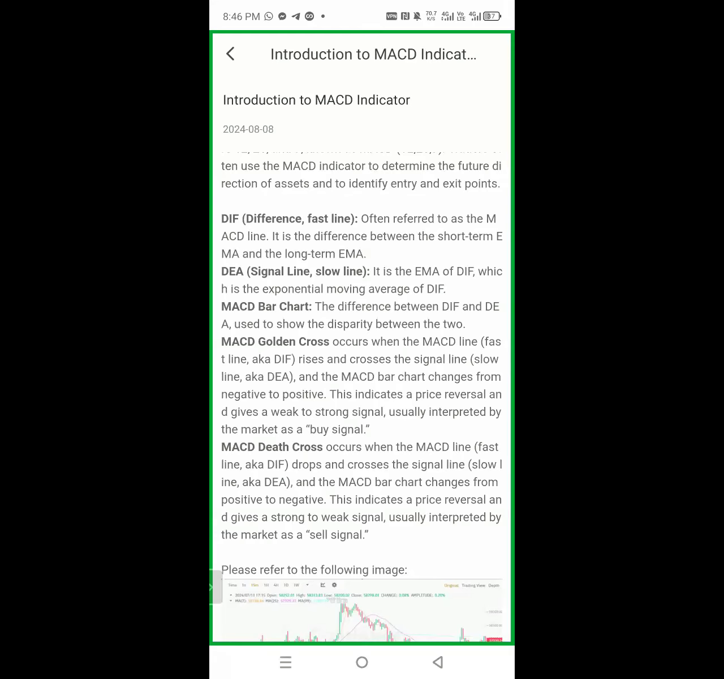Okay, so we have the MACD bar chart. It is the difference between the MACD line and the slow line, the difference between the fast line and the slow line, used to show the disparity between the two. Then we have the MACD golden cross. It occurs when the MACD line, that is the DIF, the first line, rises and crosses the signal line. In RoyalQ, when the yellow line crosses the purple line,